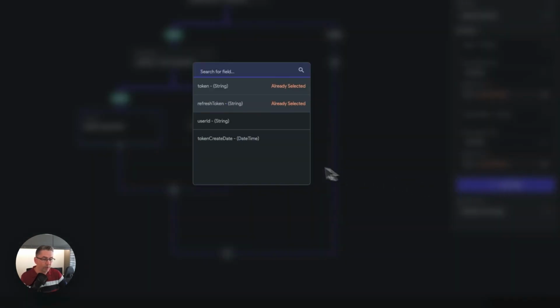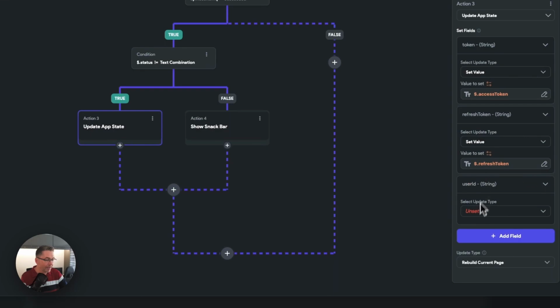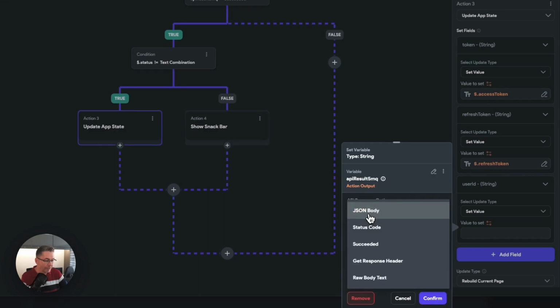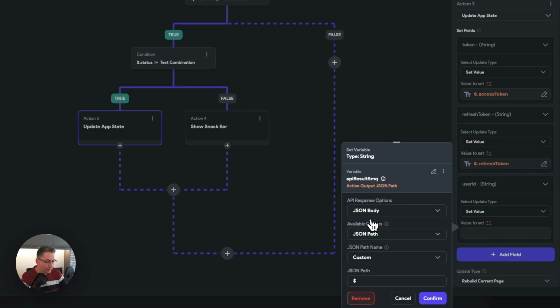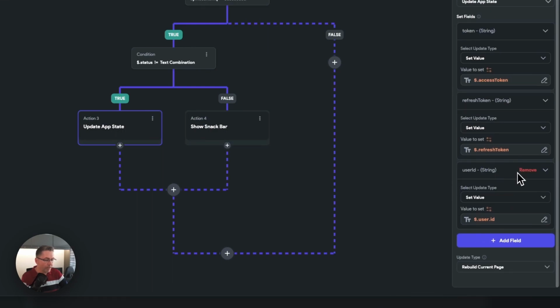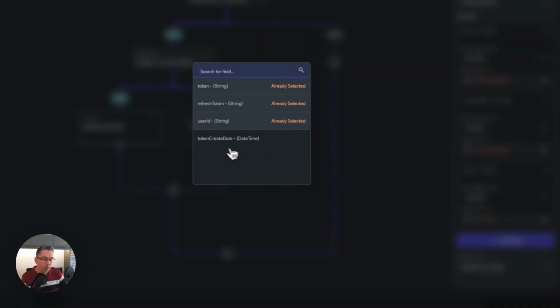Just choose add fields here. The user ID. Let's get that as well. Just set the value to set. Again, it's on the action output, API results, JSON body, JSON path here. So this one is user.id. Okay, so it's a little bit deeper. The ID is a little bit deeper inside the response that comes back. So just hit confirm. And then finally, on the add field, we're now going to want to set the token